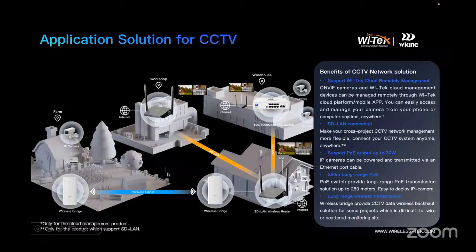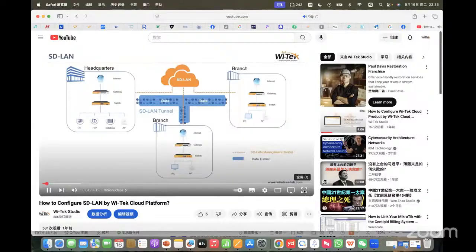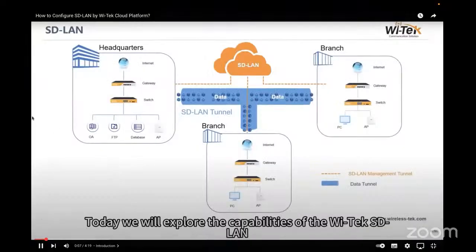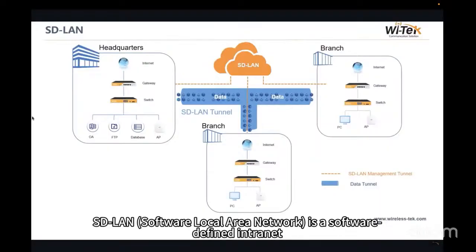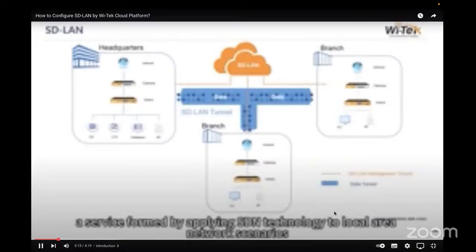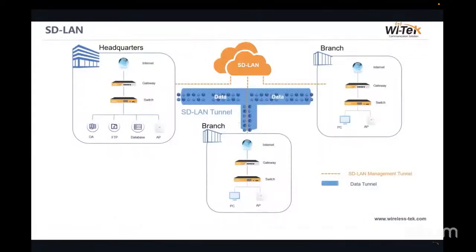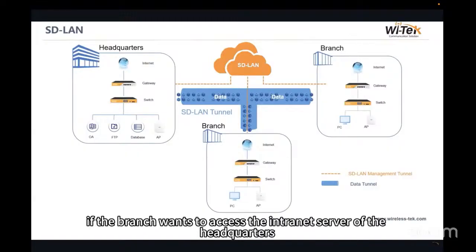Welcome to the Wi-Tek configuration and application channel. Today we will explore the capabilities of the Wi-Tek SD-LAN. SD-LAN, Software Local Area Network, is a software-defined intranet, a service formed by applying SDN technology to local area network scenarios for networking communication to achieve intranet access in different areas. Sorry, it's not clear. I changed to HD mode. Why is my internet so slow? For example, in a chain enterprise, if the